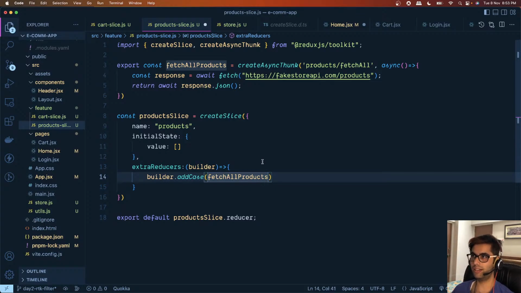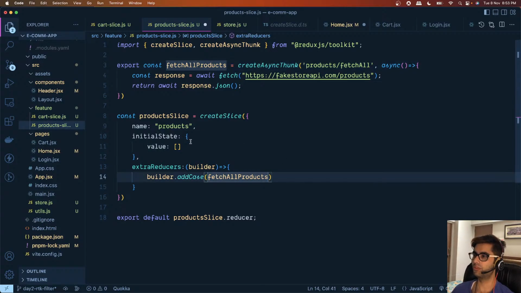So to handle what happens whenever this particular action has been dispatched, and this is basically returning a promise, and that promise initially might be in the pending state, and we want to do something in that case. And once the promise has been resolved, right, once the promise has been fulfilled, we want to update the state